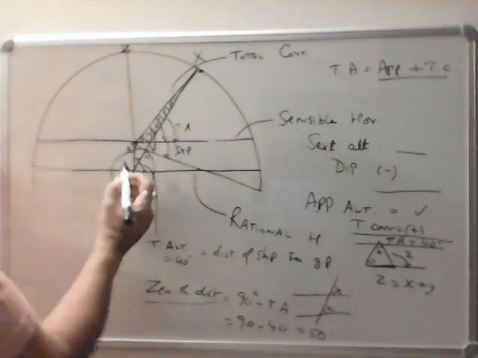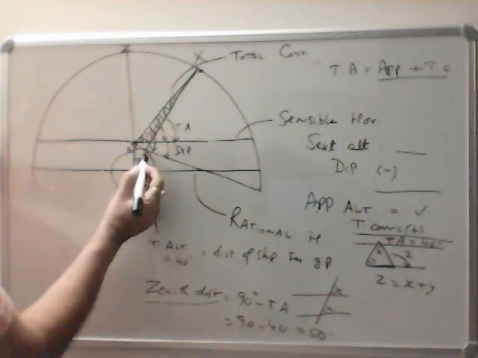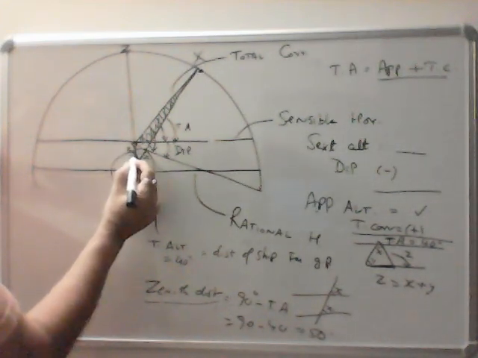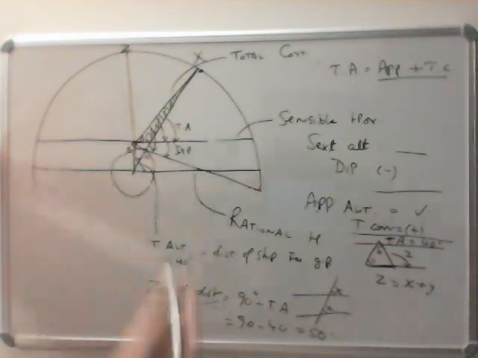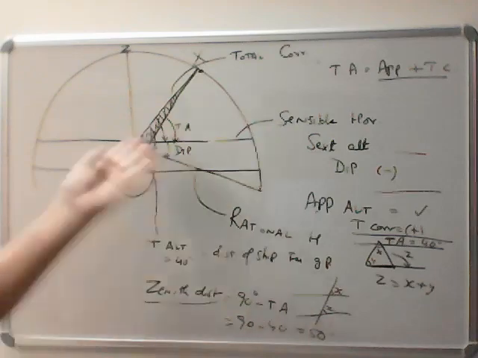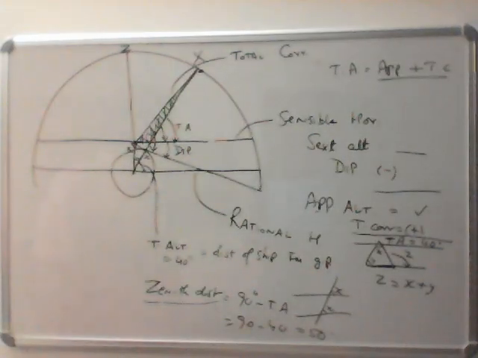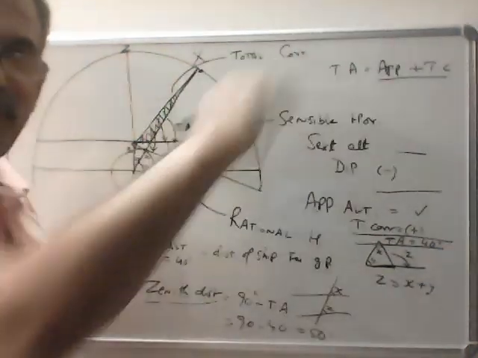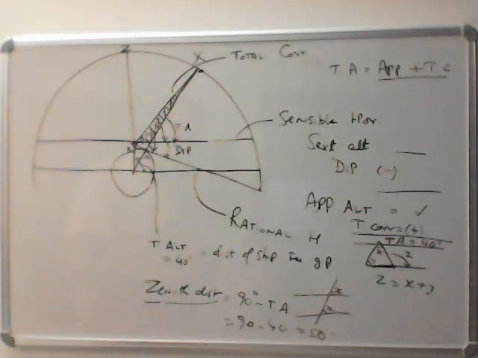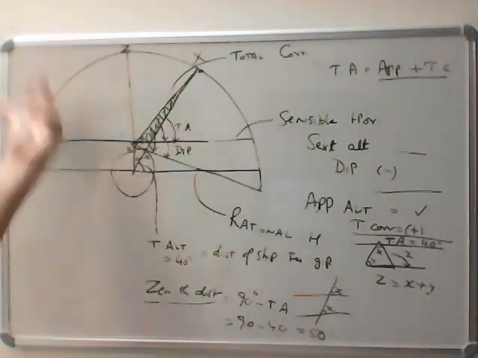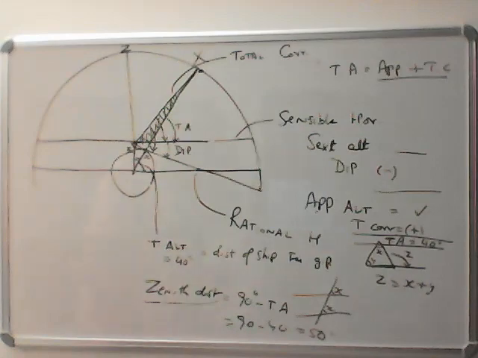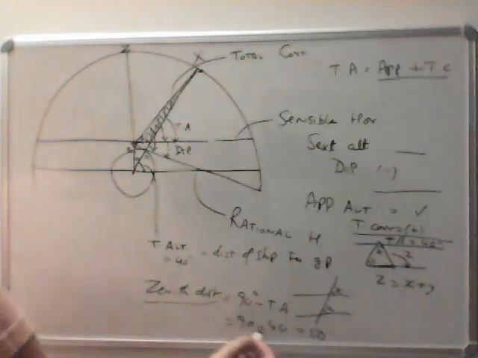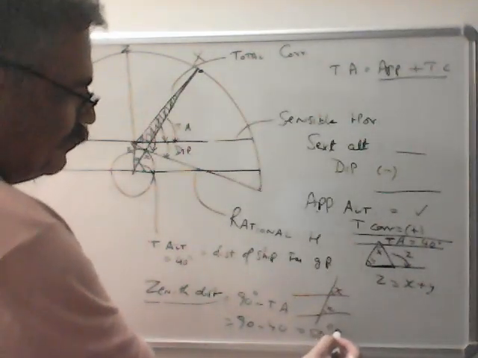Now we have to calculate the distance from GP to the ship. That is, we have to calculate the length of this arc. And then that will be the distance of the ship from the GP. And from here you can make the position circle, what I showed in the earlier video. And if you make two position circles, wherever they intersect, that's the position of the ship, as I mentioned in the earlier video. Now zenith distance is, in this case, let's say 50 degrees.